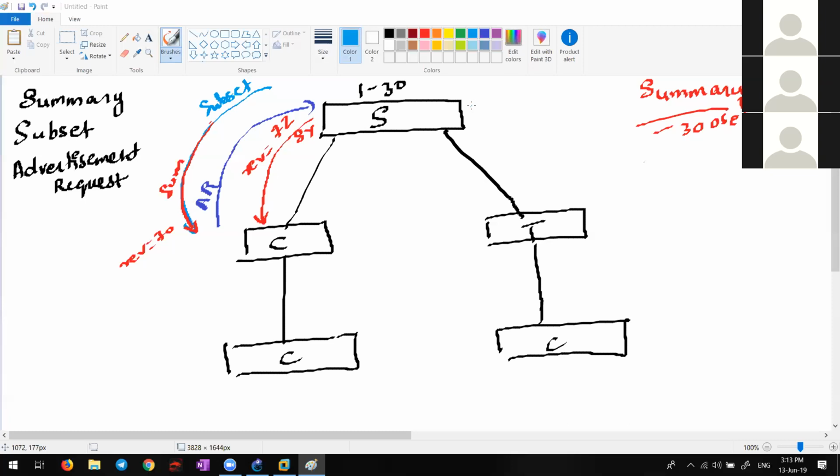MD5 is a hash value. Hash value, yeah. Janvi also sent a message, right? Yeah, MD5 is a hash value which should be matched on both sides. Yes, it's a hashing method. What do you mean by hashing method? What is the purpose of a hashing method? It's for integrity. Yes, it is for integrity.